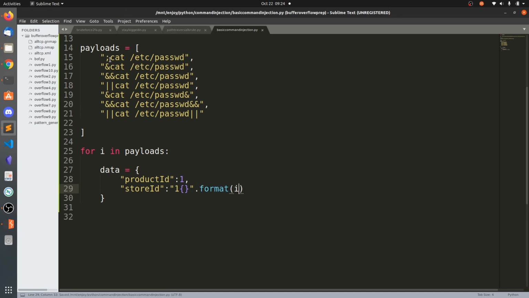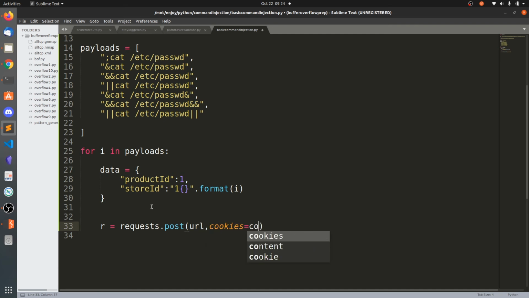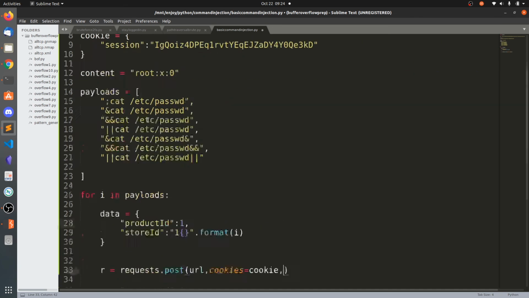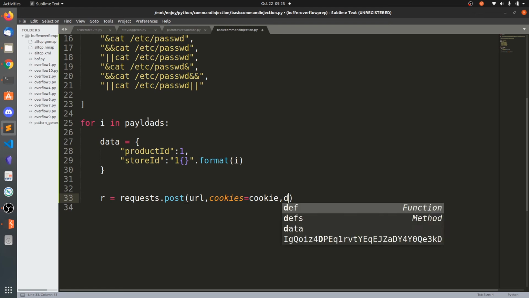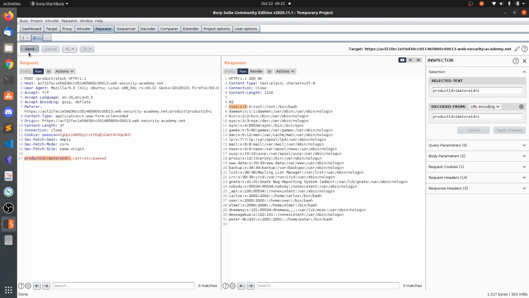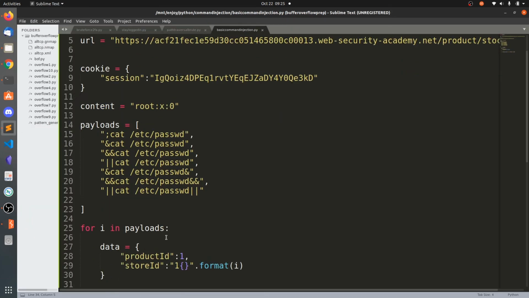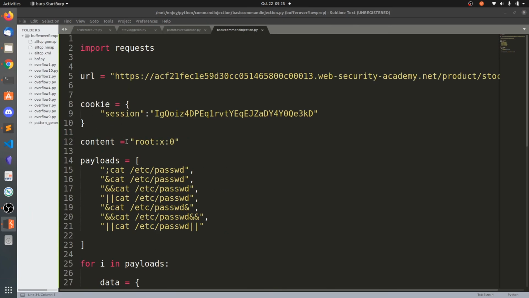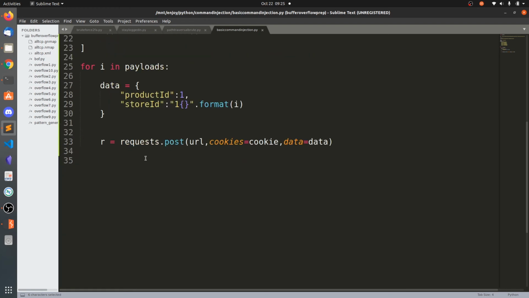So this payload will be automatically concatenated after 1, and r is equal to requests.post of URL, and cookies is equal to cookie. So this is the cookie, and data is equal to data. After sending the request, we need to check whether this content is in the response or not.